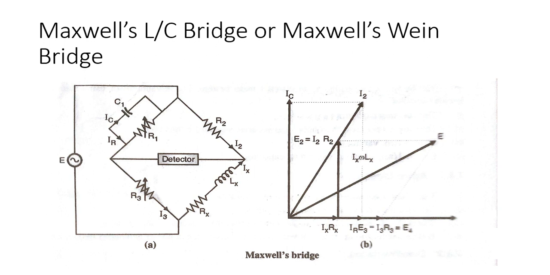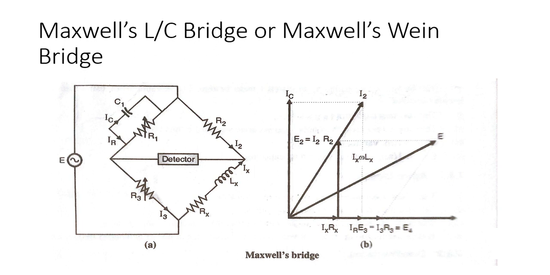If you see a commercial Maxwell's bridge, it measures inductance from 1 to 1000 Henry, with plus minus 2% error. So this is some of the advantage, but there are also disadvantages of this Maxwell's LC bridge. It cannot be used for measurement of high Q values. It is limited to low Q values, typically in the range from 1 to 10.